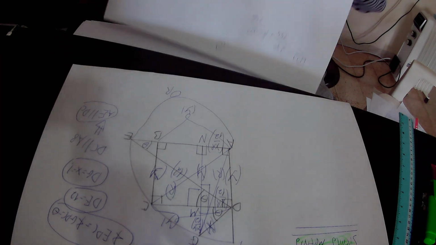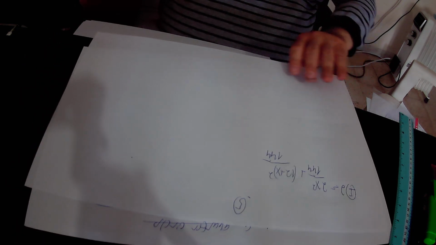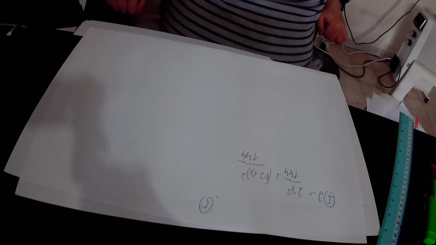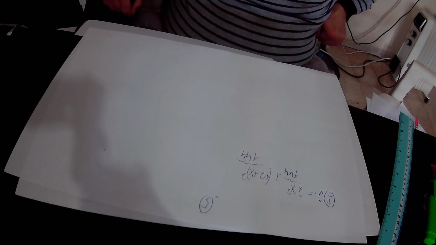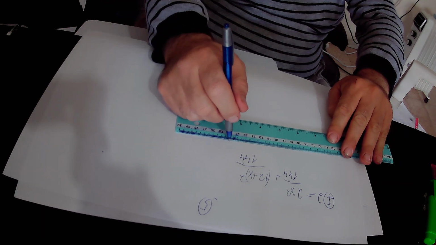In conclusion, we found out that 2 equals 2X squared plus 12 plus X squared over 144. Here we multiply this equation 1 by 144,